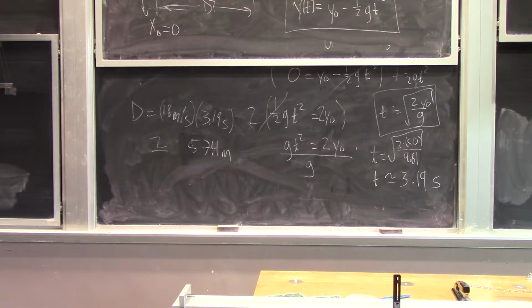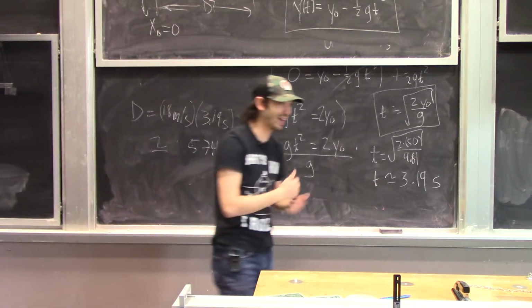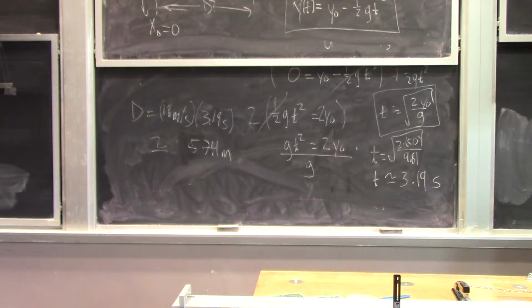Why? Because it goes higher. Because it goes higher, right? So the reason why 1 goes higher than 2 is because it has a larger component of velocity in the y direction, okay? And that gives you a net larger velocity. Now, there's actually one very specific case for the angles where these could have the same initial velocity, but otherwise, well, I have to think about that. But anyway,